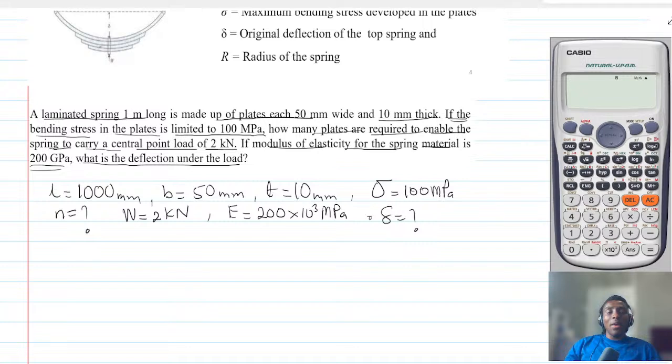One thing you have to understand is that the stress in the leaf is equal to 3 times the load and the span divided by